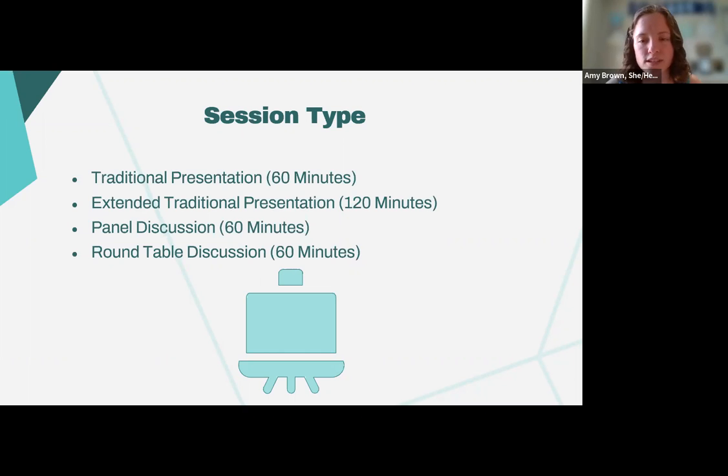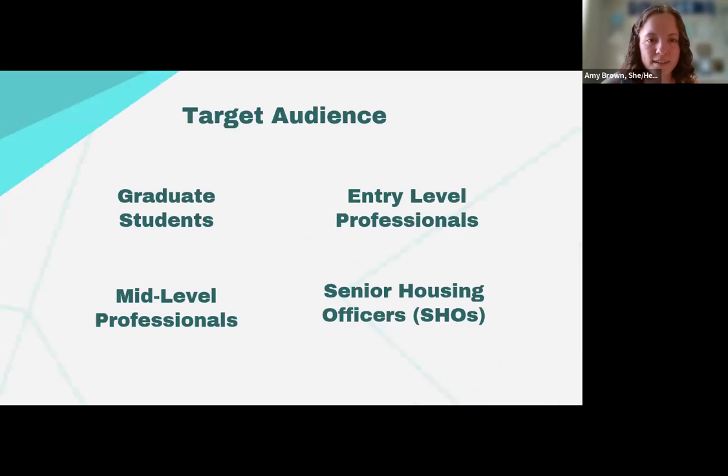And then a roundtable discussion is less of you presenting at people and more of, just like it sounds like, a discussion with participants. So obviously in your proposal, you'll need to include the general flow of what you're looking for in this roundtable discussion, specific questions and prompts that you want to include. But this will also be very guided by what participants talk about and what they want to learn and know.